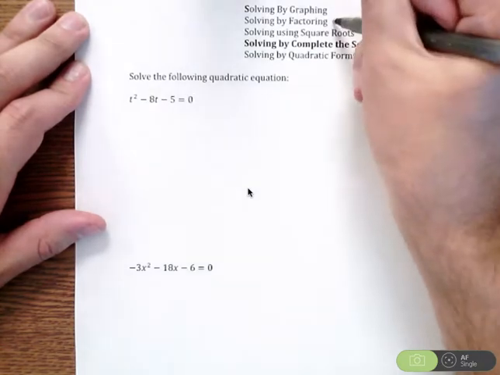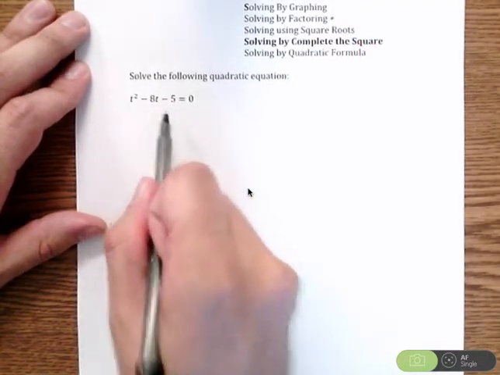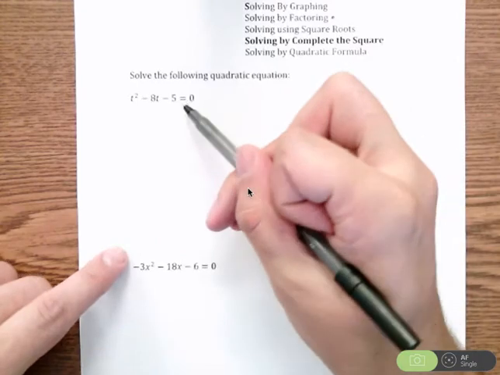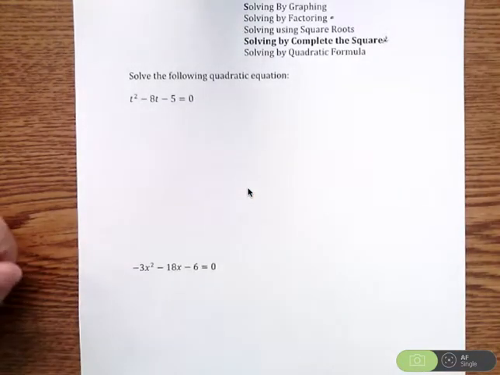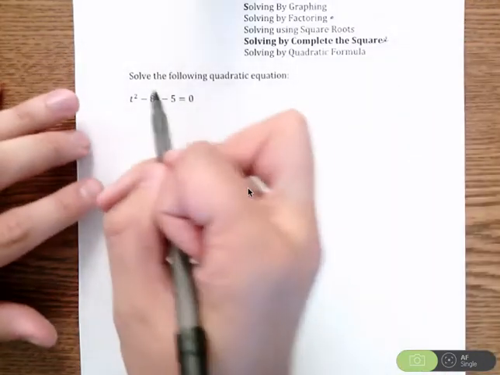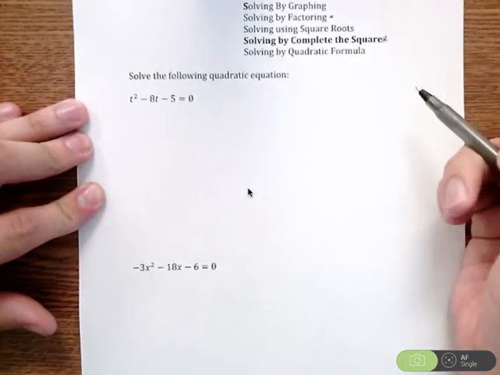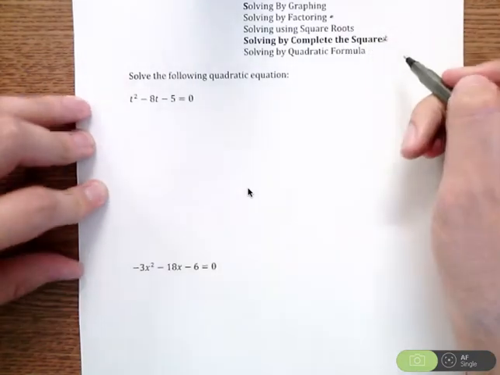So we're actually going to try solving by factoring first. So you want to try and factor this. After you've spent some time and you realize you can't factor it, that means it can't be factored. So what we're going to do is solve by completing the square. Essentially, the strategy with solving by completing the square is we're going to rewrite this left side so that it can be factored. So we're going to adjust this and manipulate the problem so that we can factor the